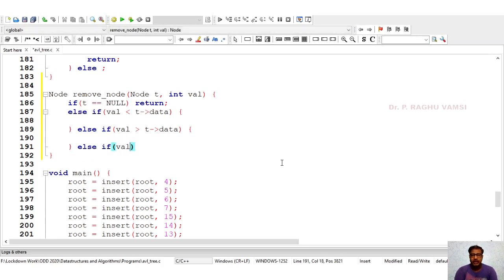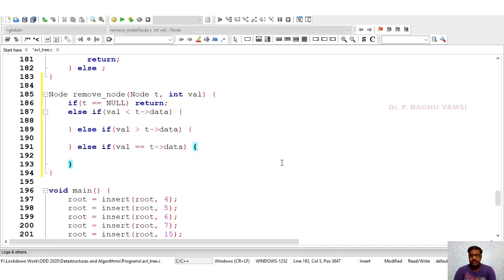Else if value is equal to t data, then our main operations will start. Whenever this value is less than t data, we need to traverse towards the left side. That means remove node t left comma val.